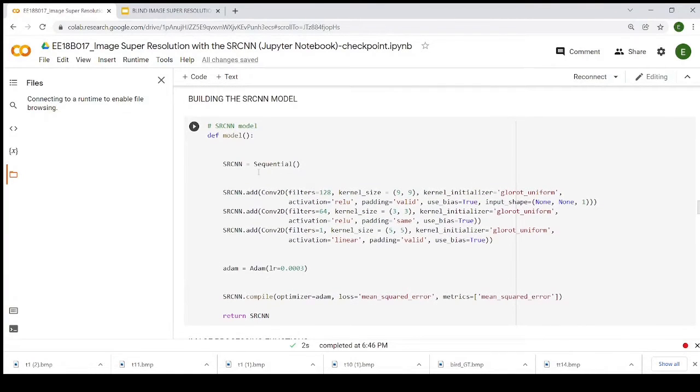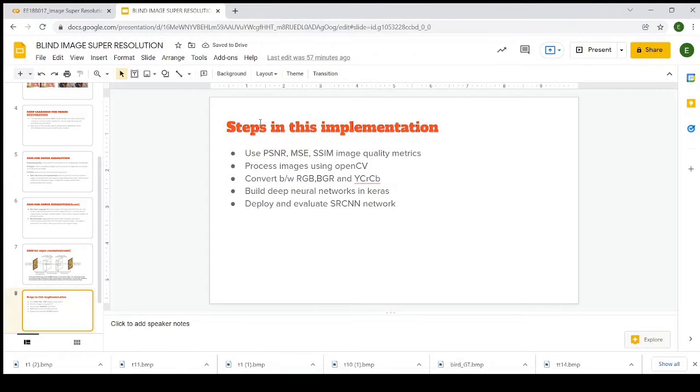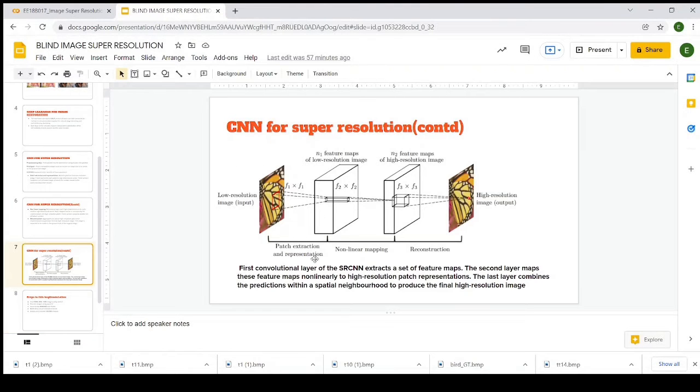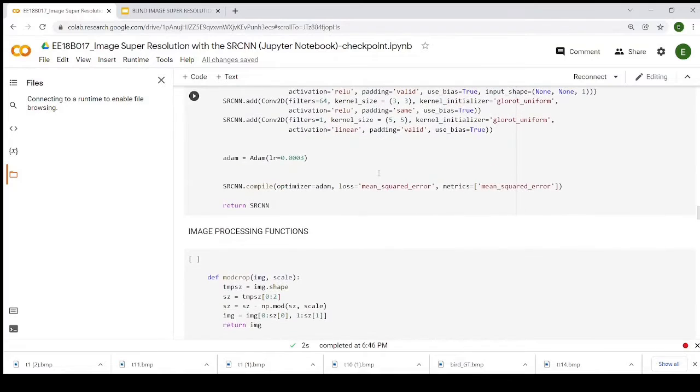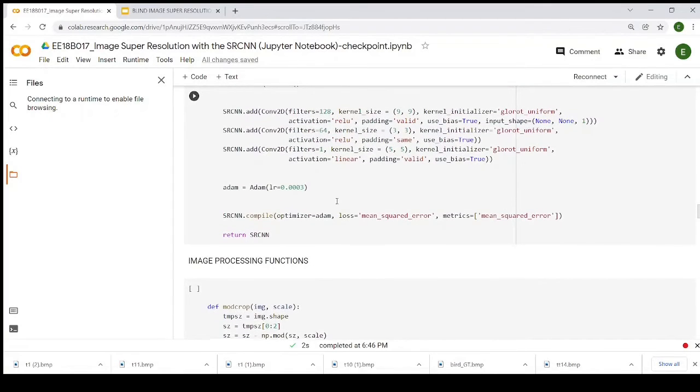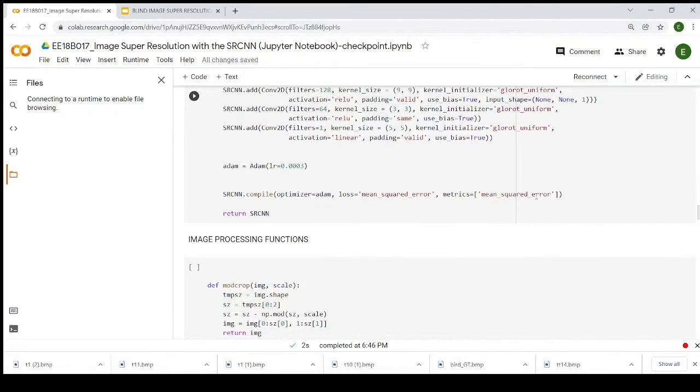These three layers are defined according to the three operations which we discussed in the PPT: patch extraction, representation and nonlinear mapping, and reconstruction. So the three layers indicate these three operations. Here I considered Adam as the optimizer and mean squared error as the metric.